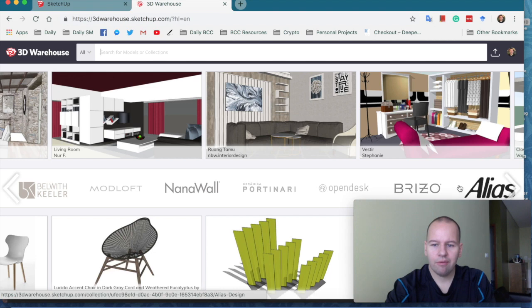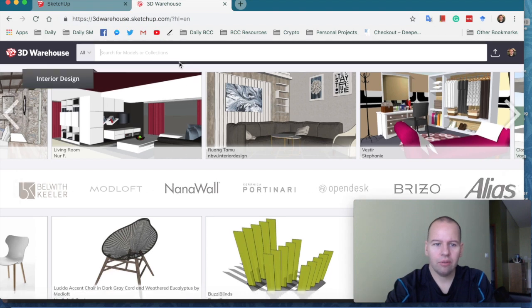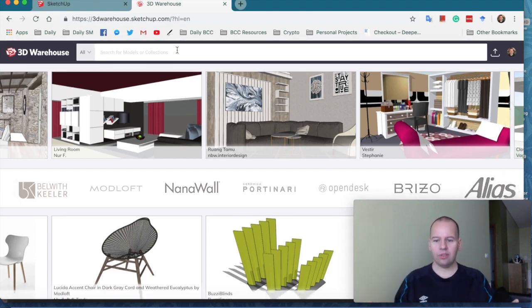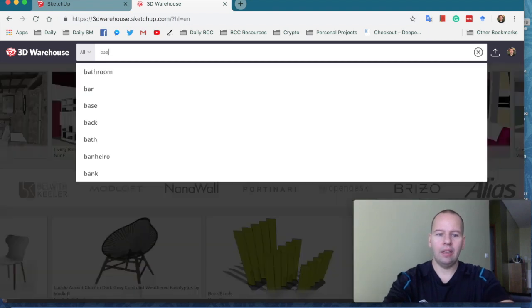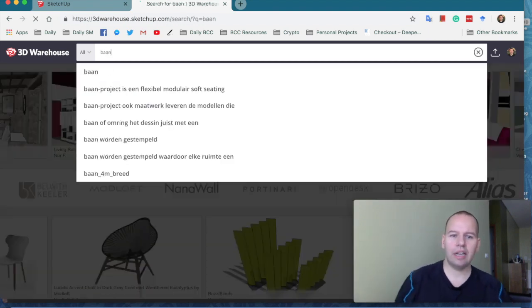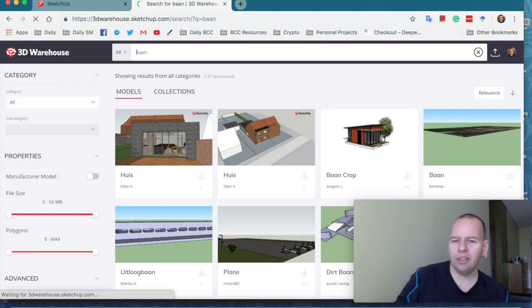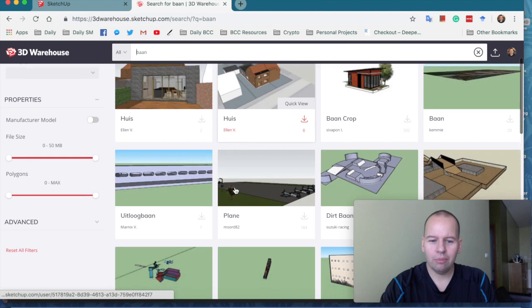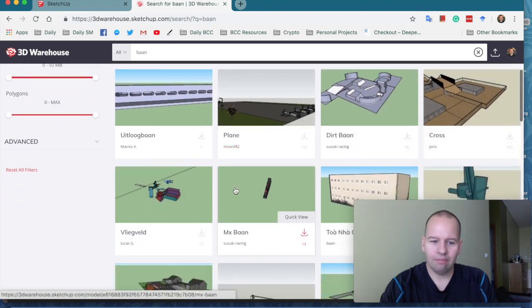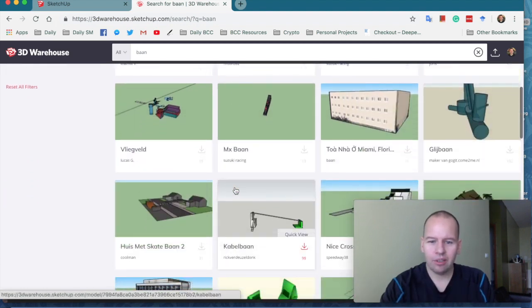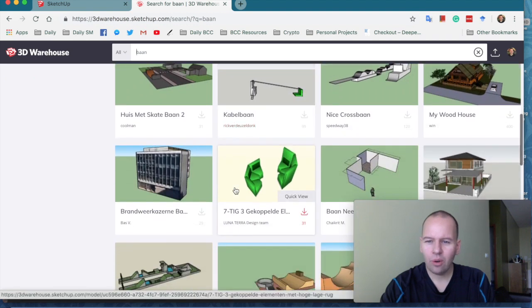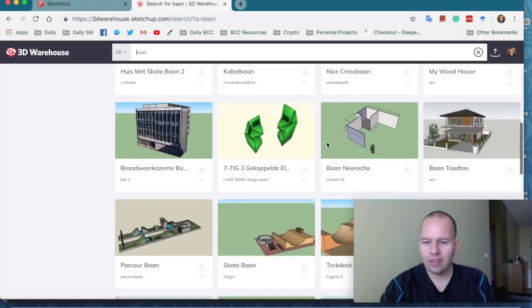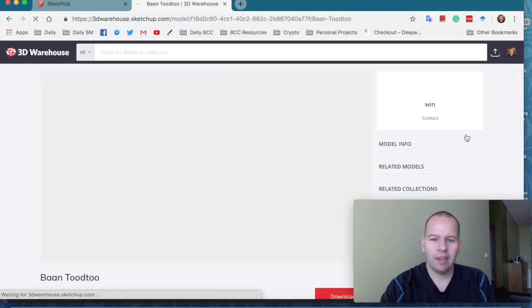Different companies have different layouts and stuff too. For example, in Thailand, a house is Baan, B-A-A-N. So I'm looking for a Thailand house, and you get a whole bunch. Sometimes it's helpful to look at the name of who made it, and there are some very common Thai names that you can find. So wooden house, Win is a good one. Ban To Tu, I don't know what that means, but okay, let's click on that.